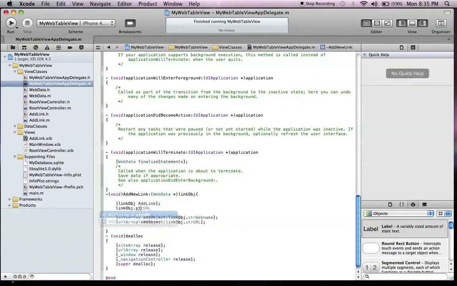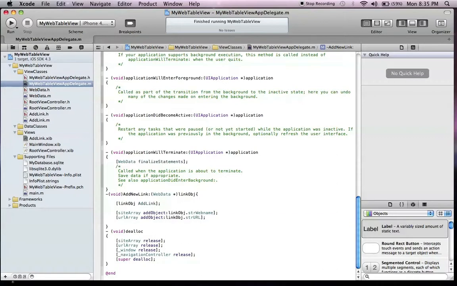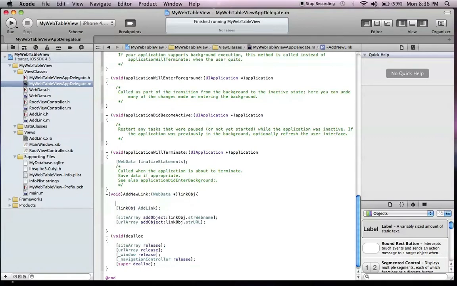Here it is, dot string, right? I could access any of the variables that are there. It's an instance of the class. Anything that's accessible through an instance, I can get it, and I want that because the first line here adds the object. It actually adds the site and URL to the database, right? That's what it does. If we go back to it here, this link object add link, which is here,